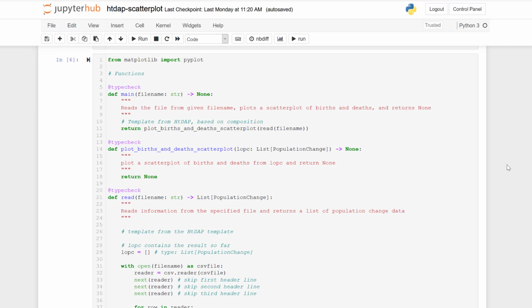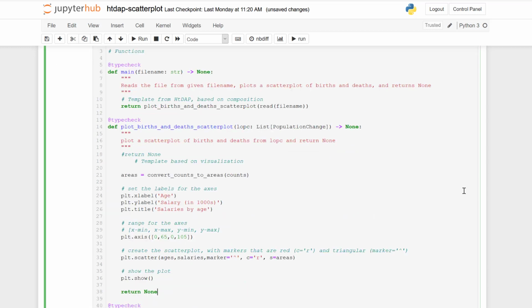Now we're at the template phase. We don't have a template for a visualization function in the same way that we do for the other functions. So what I will do is copy and paste in from the worked example and edit from there. I'll comment out the body of my stub and paste in the body of the function from the worked example. So this is the visualization worked example for scatterplot.